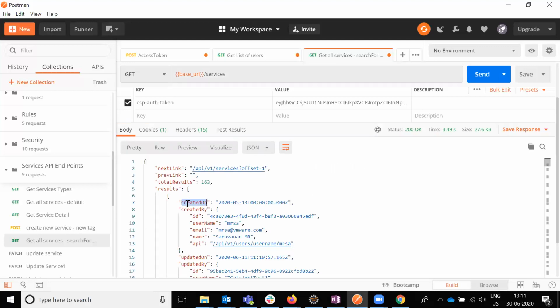A field is nothing but the corresponding item presented in the list. This is called a field. Fields are what developers use to filter the entire list of items presented in that particular service.